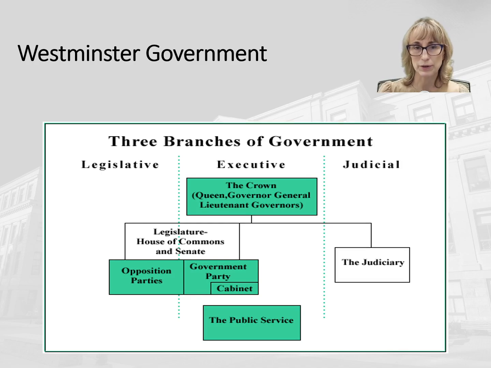So in Canada, if you think about the machinery of government at the broadest level, and we're going to get into a little bit more detail about each of these areas, Canada operates with what's called a Westminster style of government, which means that the country has really borrowed from, taken inspiration from the United Kingdom in terms of its system of government. And so in Canada, we've got three branches of government, just as most governments do: